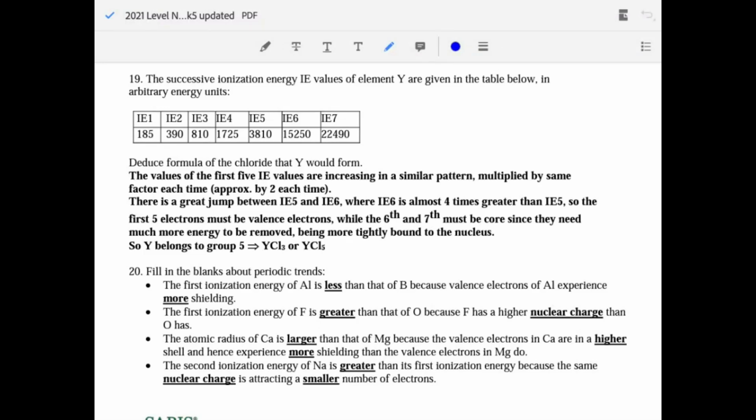For ionization energy, you look for the biggest jump in between them. So the jumps here are around 2 times, and this is also around 2 times. Here it's around 2 times as well, and then another 2 times, a little more than that. And here you have more than 4 times. So in between this and this is the biggest ionization energy jump. So it's group 5. Now group 5 has 5 valence electrons,